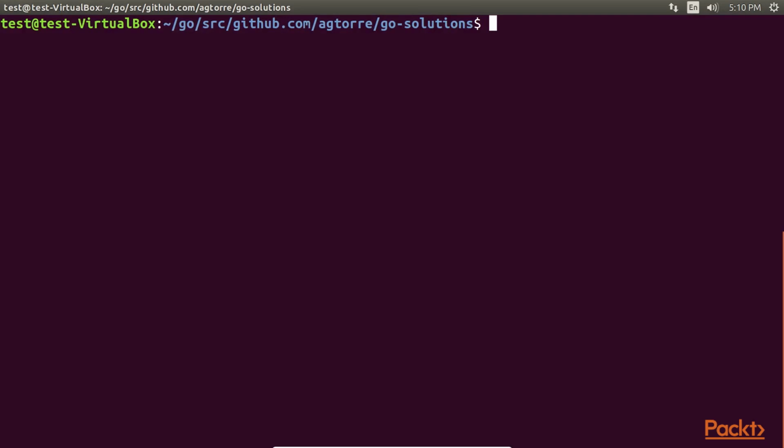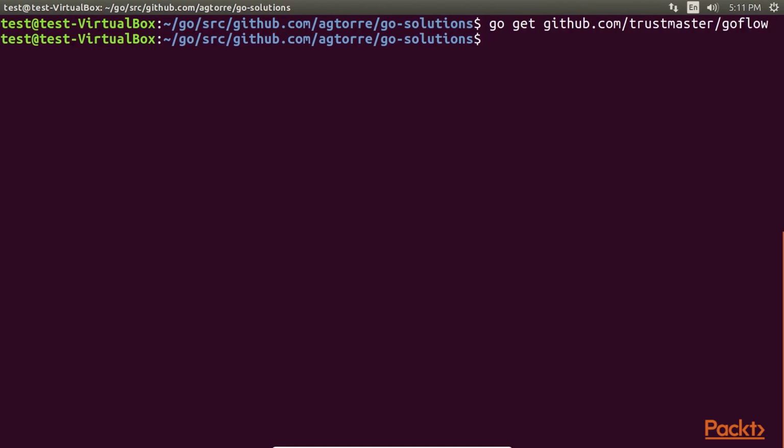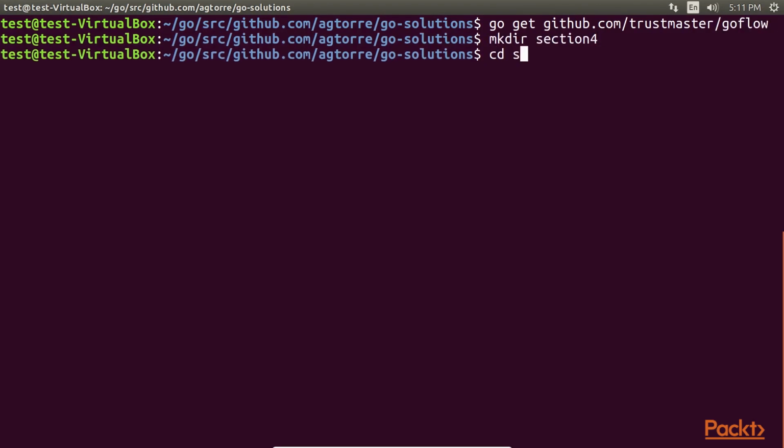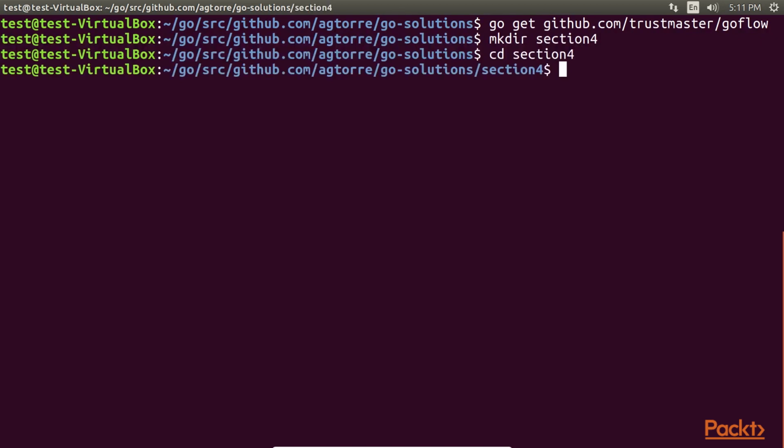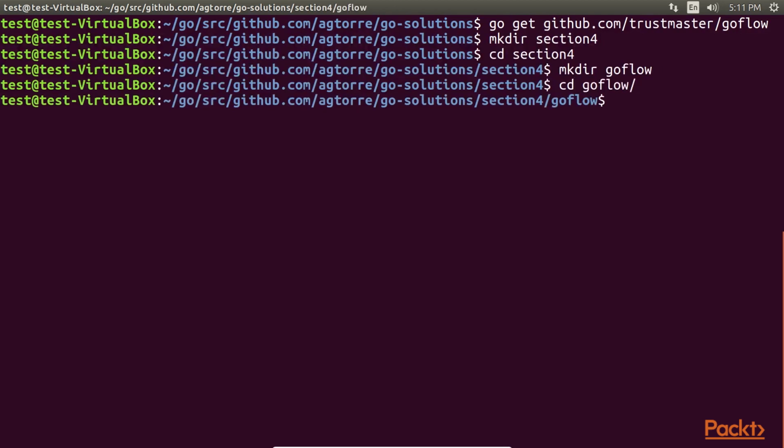To get started, we would need the goflow package, so run this go get command. After that, create a section 4 directory and navigate to it. Inside this directory, we create another directory, goflow, and navigate to it. Now, create a file named components